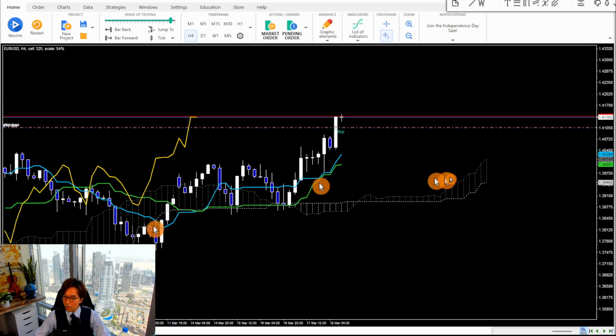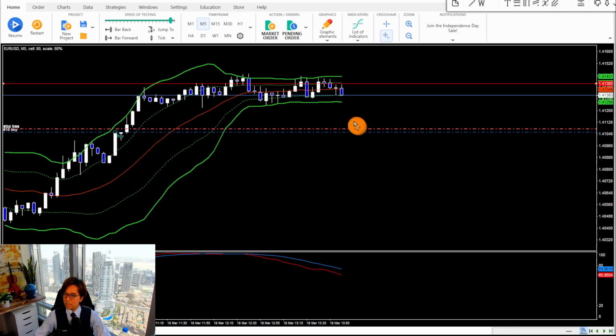And let me check the 4 hour. 4 hour is up still. You can see that the Senkou Span A is up, and Kijun-sen angle up also. So buyers still dominant over sellers. So I don't exit in this case. I keep holding